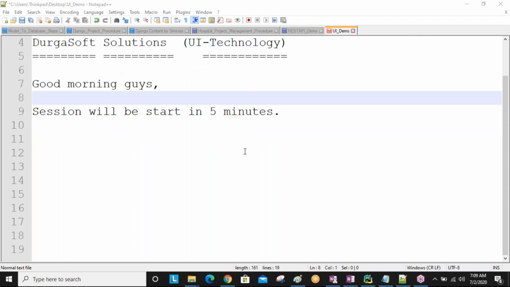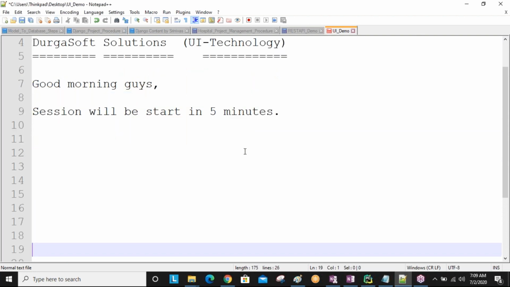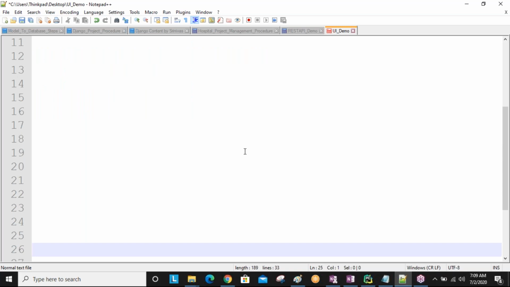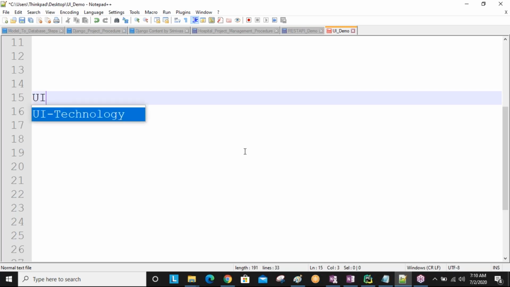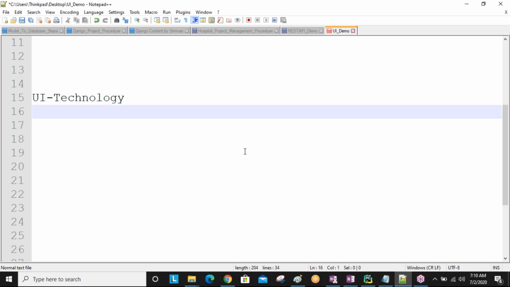So what is UI technology, and what are we going to learn in it? What are the UI technologies? Each UI technology related subject content we will discuss clearly.